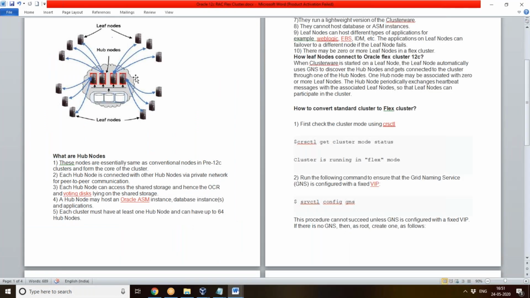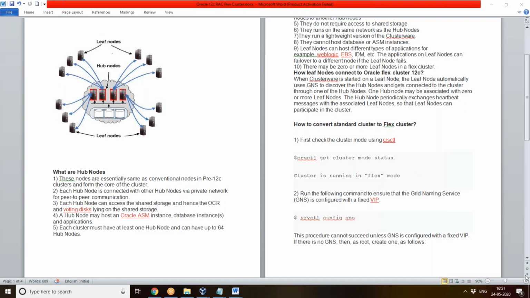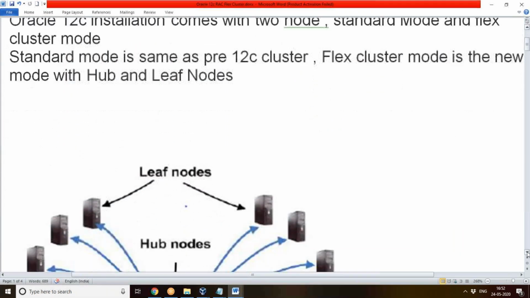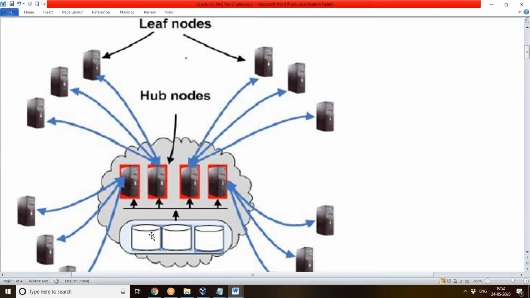This is how we have our shared storage. The shared storage is connected with our normal nodes, so you call these hub nodes. Then each hub node might be connected again with some other nodes, so that your load balancing will be better.